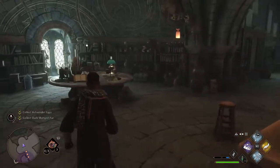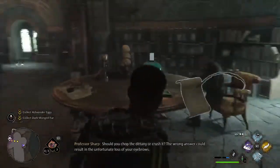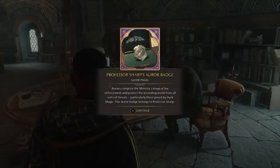Where is that damn page? I know there's a page here. Should you chop the Dittany or crush... There it is. The wrong answer could result in an unfortunate...